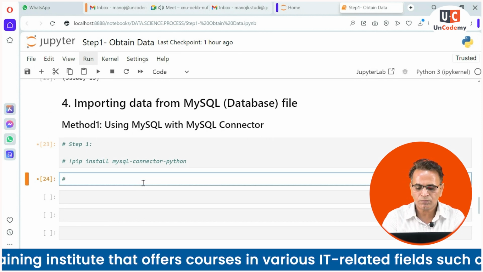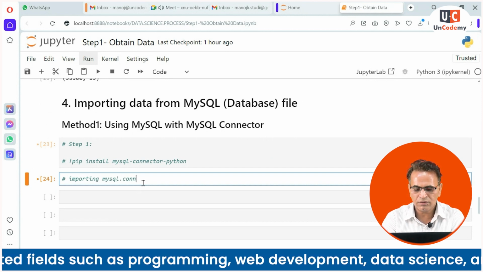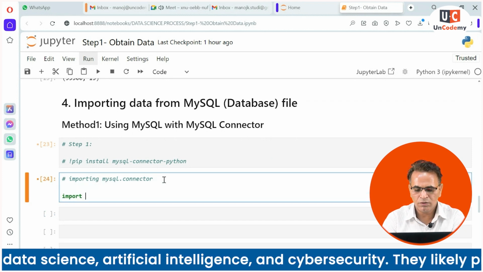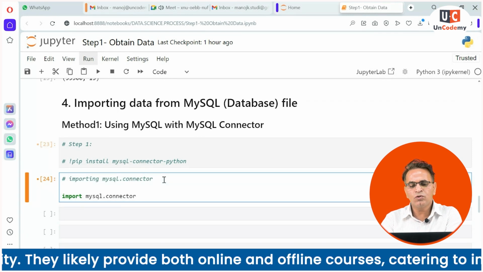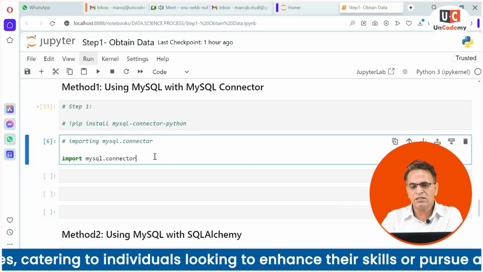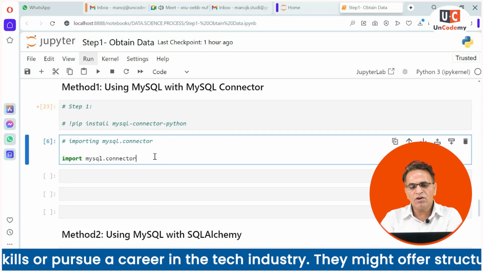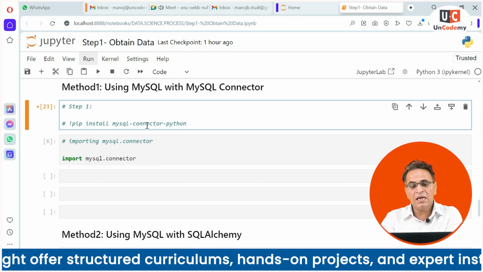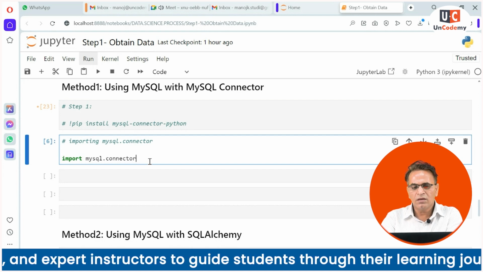Just import mysql.connector and execute this command. If this command is getting executed successfully, it means if you are not getting any errors, it means you have mysql.connector. And if you are having any error by the name module not found error, so what you can do